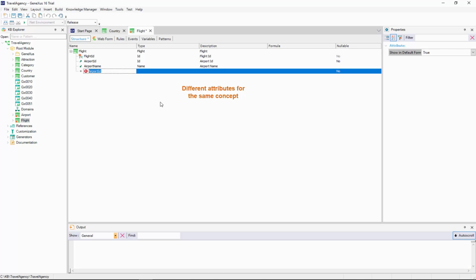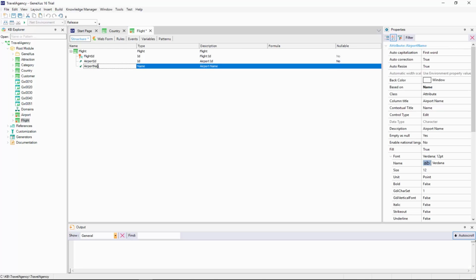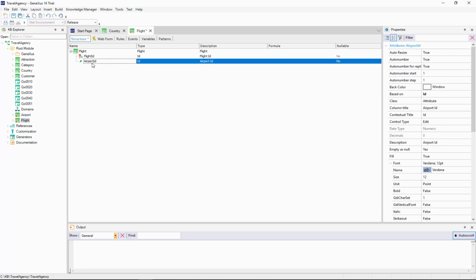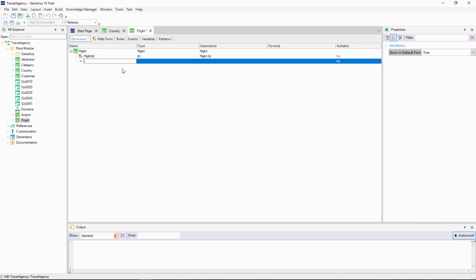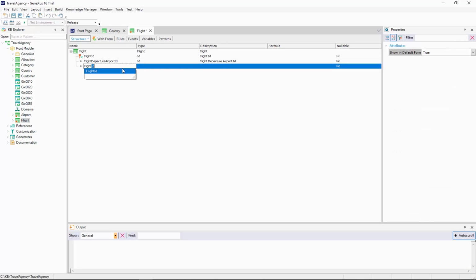Obviously, we will have to use names of different attributes to store the flight's origin and destination information that we want to record. Let's then delete the attributes we originally entered and define attributes with new names. We will call the flight's departure airport identifier with the name Flight Departure Airport ID, and the name of the departure airport will be Flight Departure Airport Name.